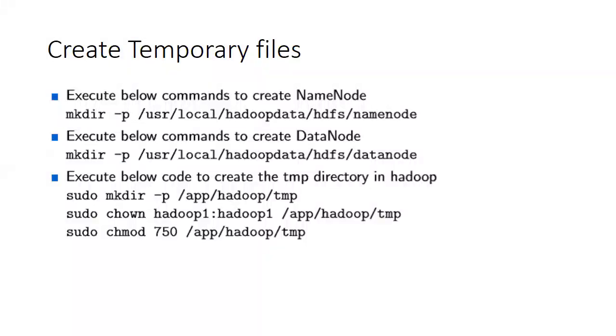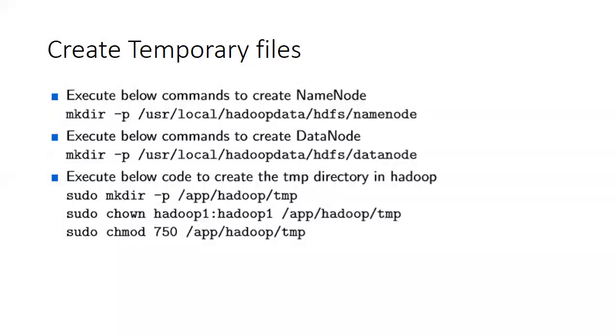So we are using the mkdir command, and the name node and data node will be created under the directory /usr/local/hadoop/data/hdfs, and /usr/local/hadoop/data/hdfs. So in that directory path we create a name node and data node,